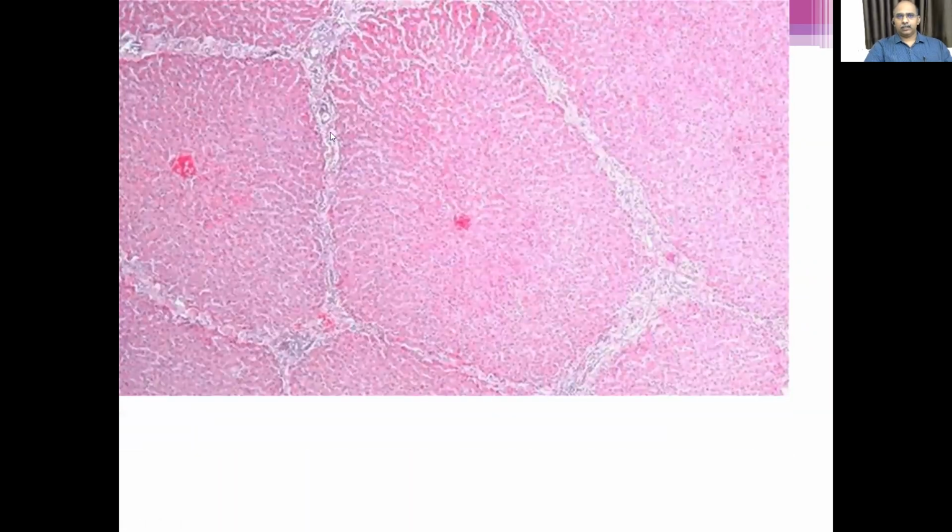See, this is roughly a hexagonal shape. This is one anatomical lobule with a central vein. The pink structures are the RBCs in the vein, and this completely consists of the anatomical lobule. This portion consists of portal triads. I will show you in the high power view.